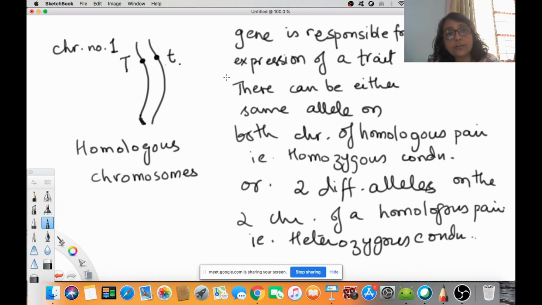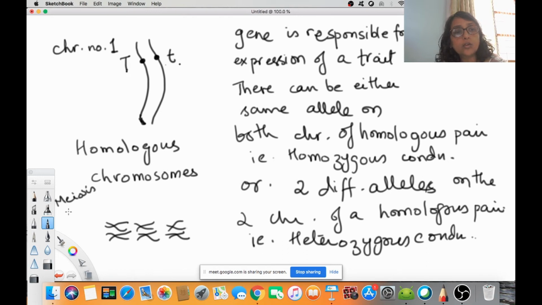So when it is a heterozygous condition, then during the meiotic division, when the chromosomes are aligned on the equator in pairs, which kind of division is this? This is meiosis I. Okay. So during meiosis I, which is a reduction division,